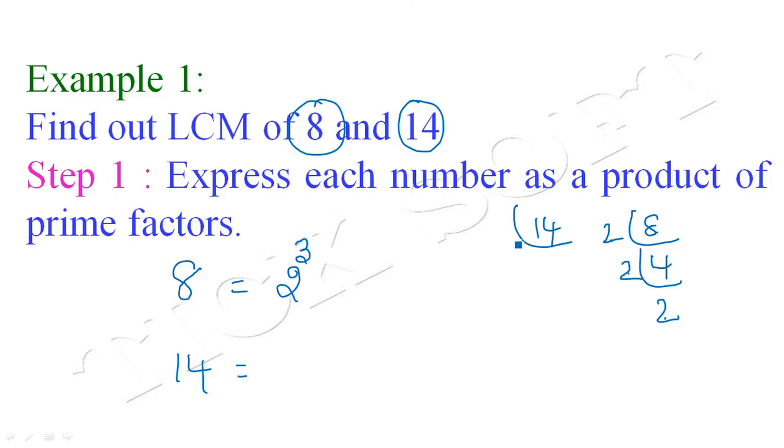Now we are going to factorize 14. If we divide this by 2 then we get 7. Here both 2 and 7 are prime numbers. Therefore 14 can be written as 2 into 7. So this is the first step. And now what is the second